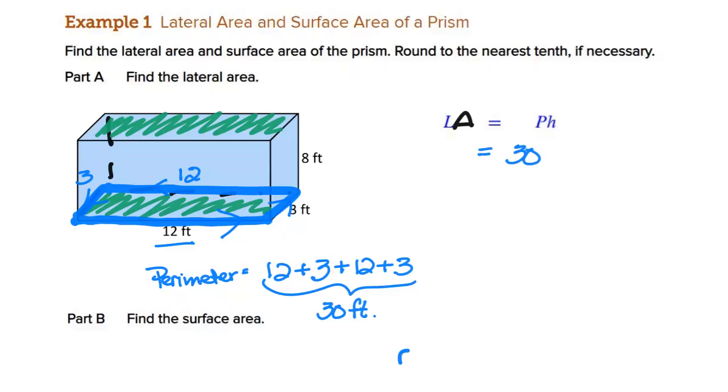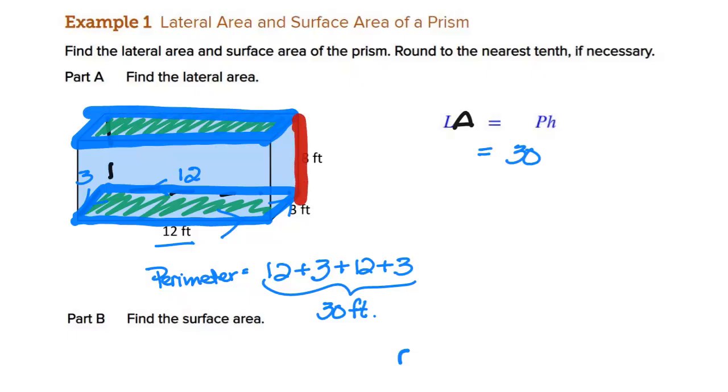The height is the height in between your two bases. So as I look at this, the height in between, I just covered it up, is 8. So the height is 8 in between those two bases. So once you have the perimeter of your base multiplied by the height, multiply those two together, you get 240